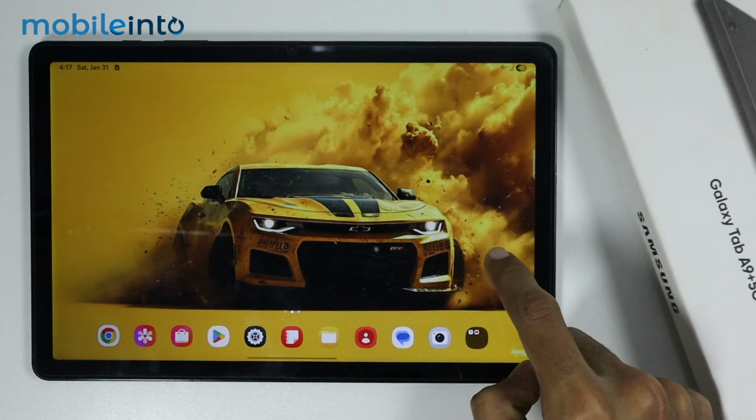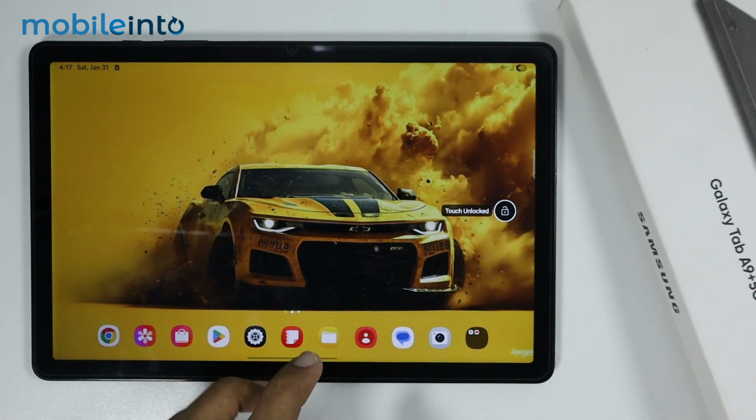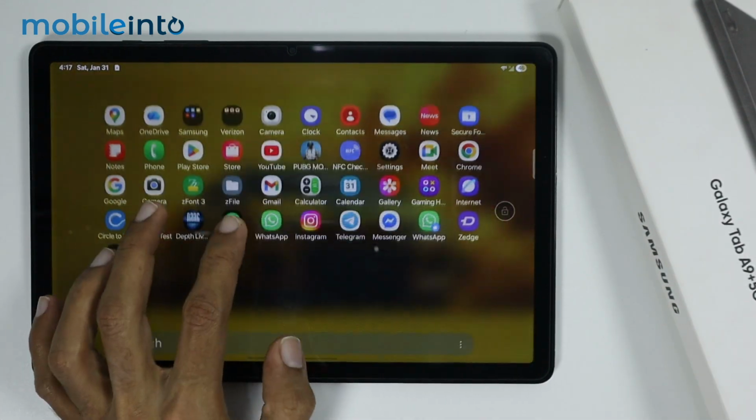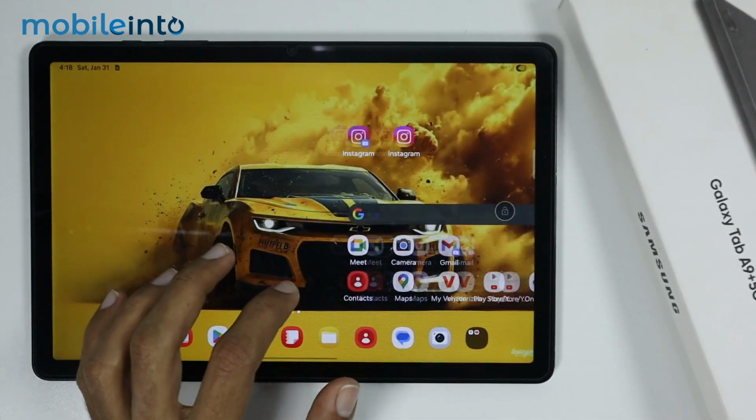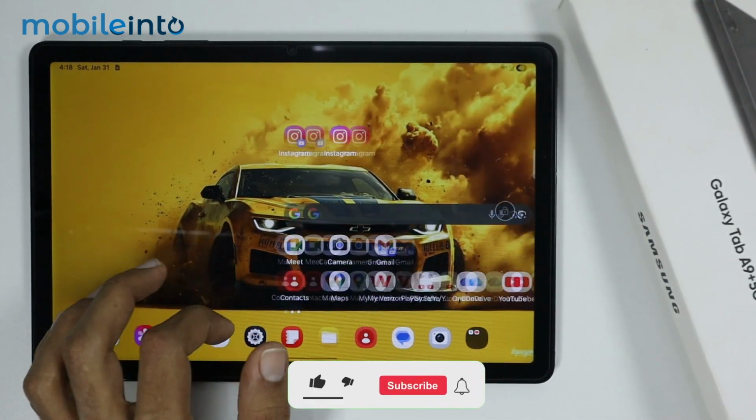Now just double tap on this icon. And once you do that, the touch of the screen will be unlocked. And this is how you can disable the touch screen on the Galaxy Tab A9 or the